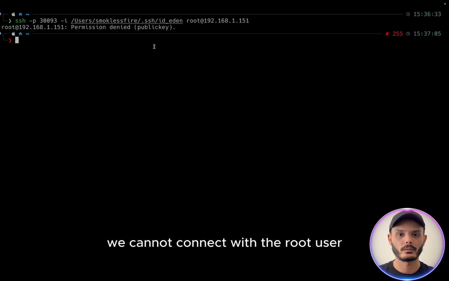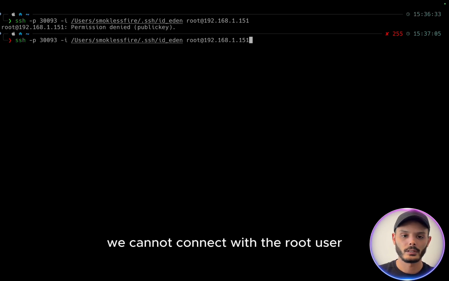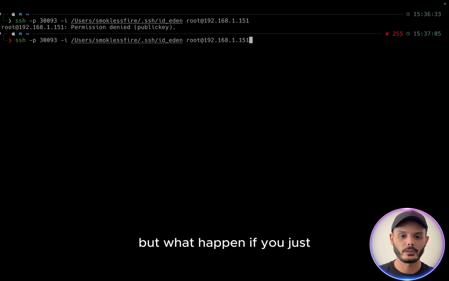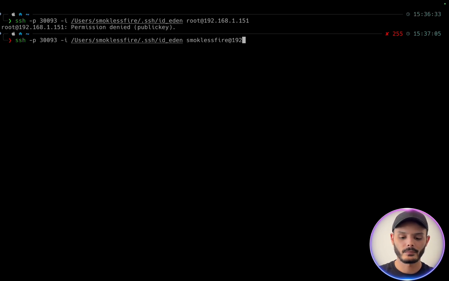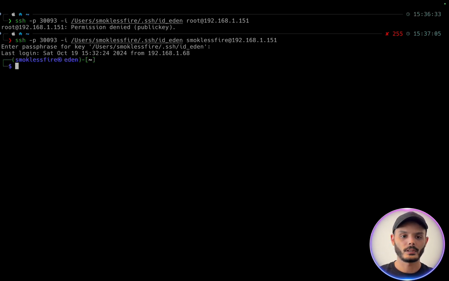We cannot connect with the root user. But what happens if we try to connect with the authorized user? And we are logged in. Perfect.